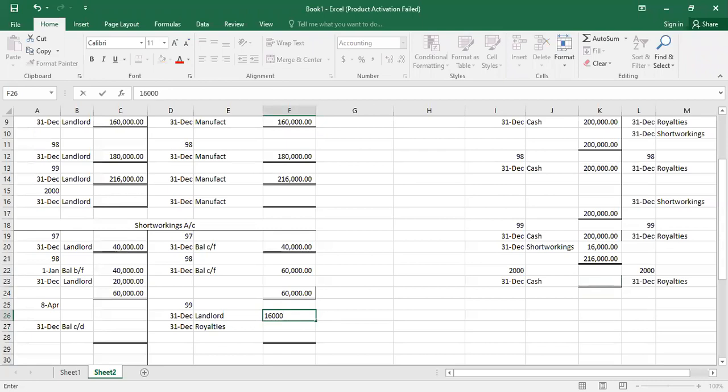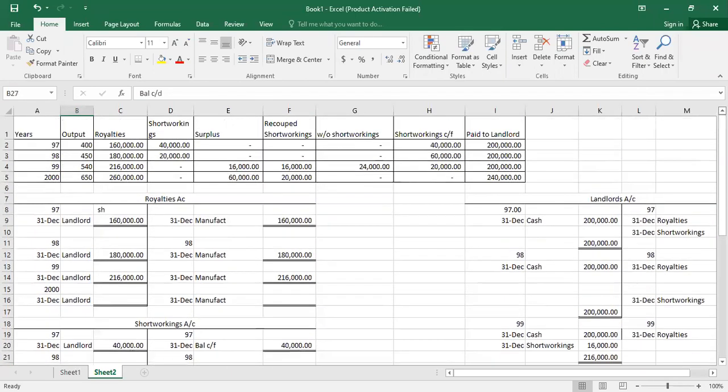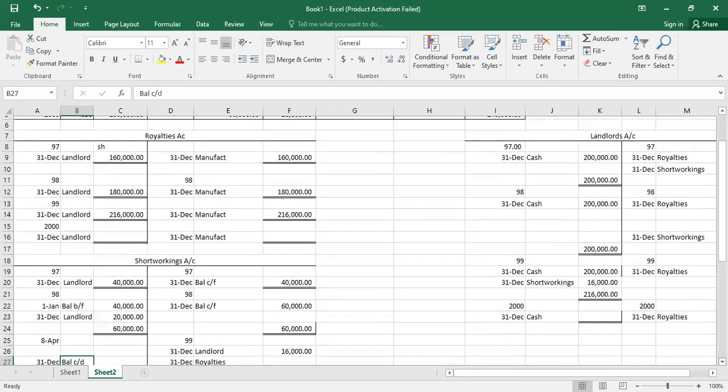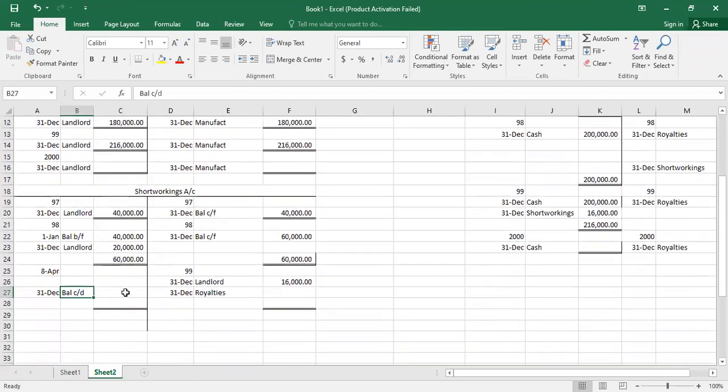Now we go to the year. So we are not closing the books yet, are we? Are we closing the books yet for the year 1999? No. But we are writing off. We have written off 24,000. Our carry down is 60, isn't it? Yes. So it's very simple. Our carry down is